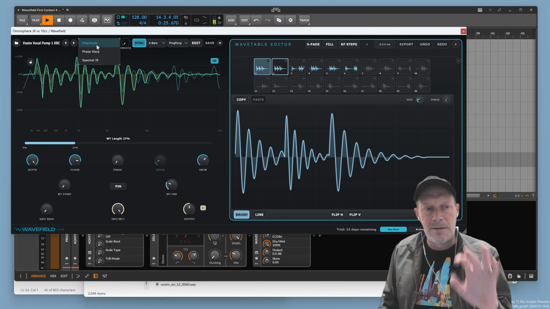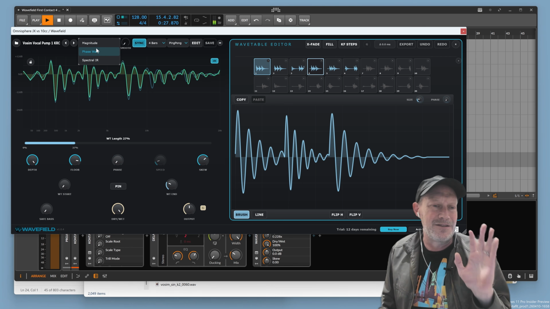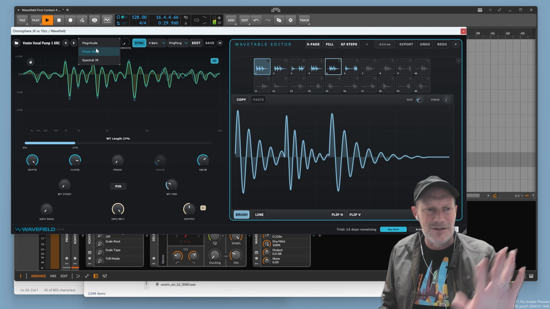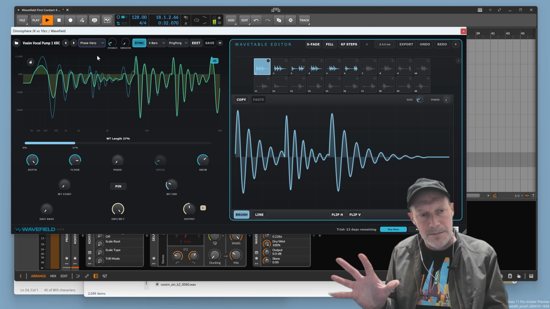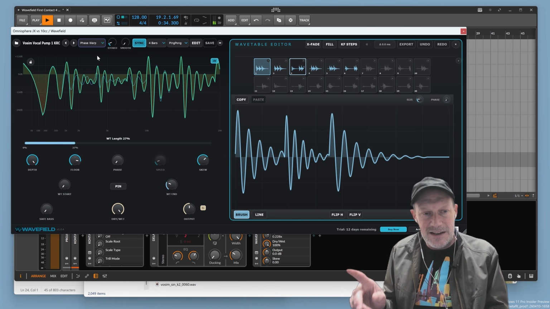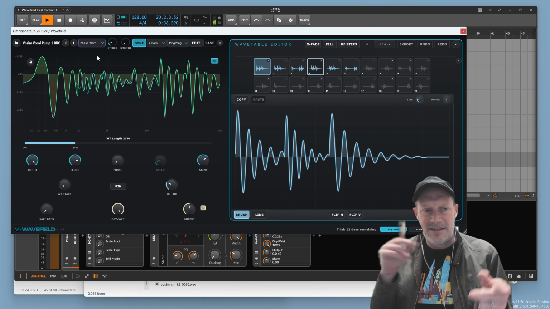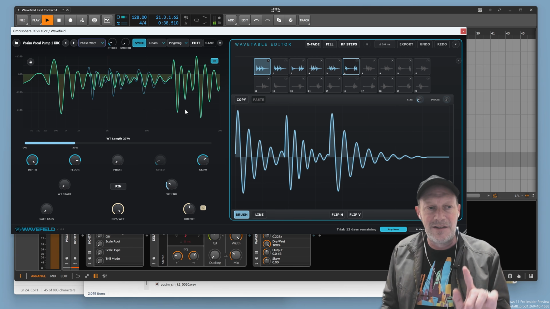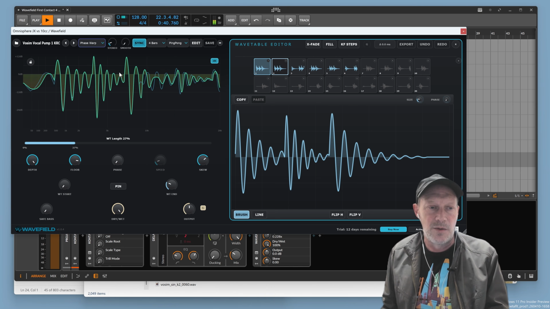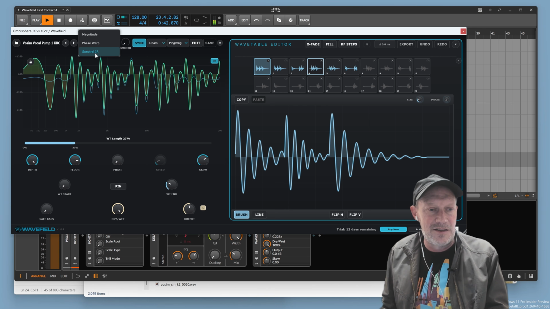But if you want more of that spectral, color-based kind of sound, you can use phase warp mode, which lets the phases of the different frequency bands rotate in strange ways. And then there's also this Spectral IR mode,